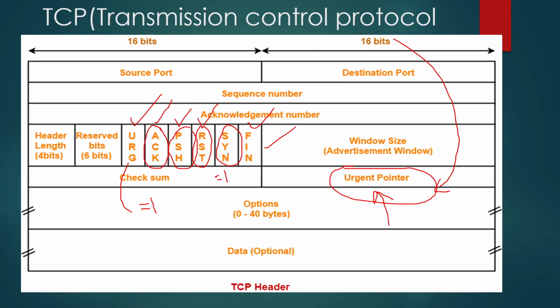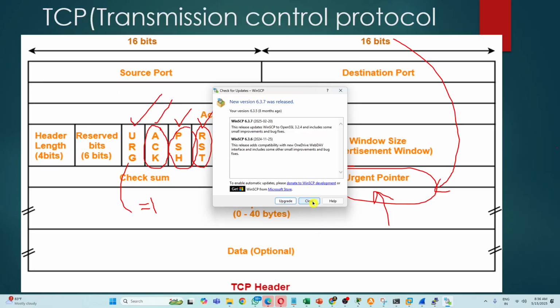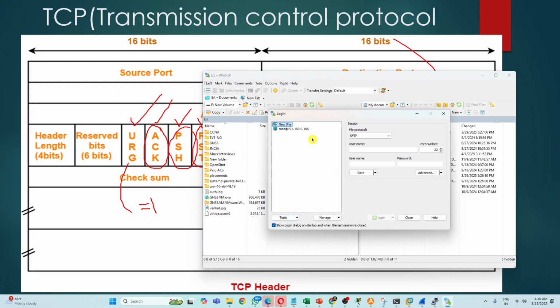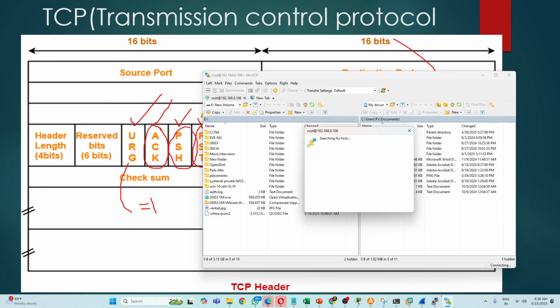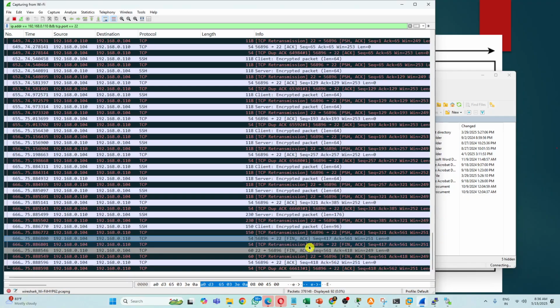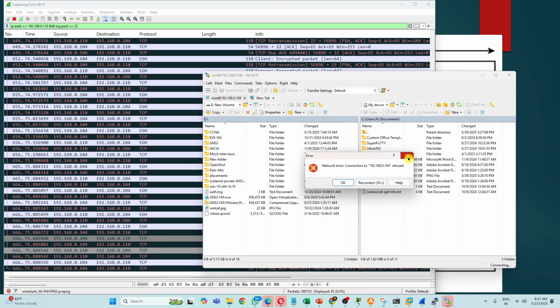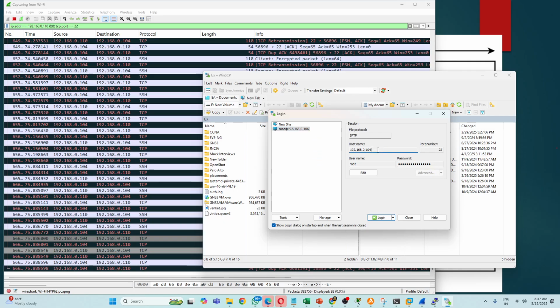Let's try to capture something new today. So this is my server IP, 104. Perfect. I'm logging into my server. Let me take a packet capture here. I think I need to close this. What is the IP address? It is 110, right? So this is SCP. We used to log into the server with the WinSCP application. You know why? To copy the files from the server to your PC. You used to do this.